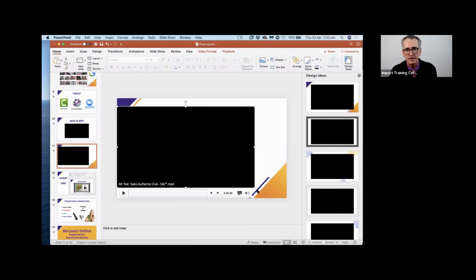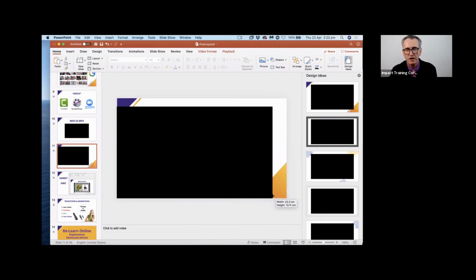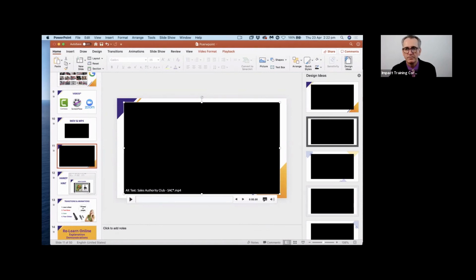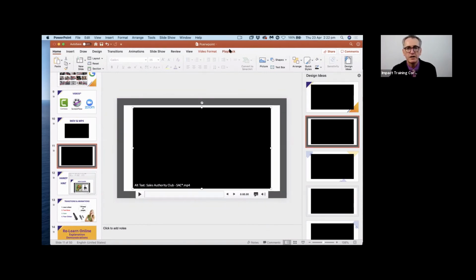So all you do is you make the video bigger. As long as it's the right resolution, you can stick it in the middle somewhere. The lines move around a bit and we're good to go. And then if you push your little widget on the right-hand side, the design screen is looking good. As Nigel just told us, we want it to happen automatically. So that's clicked, good to go.